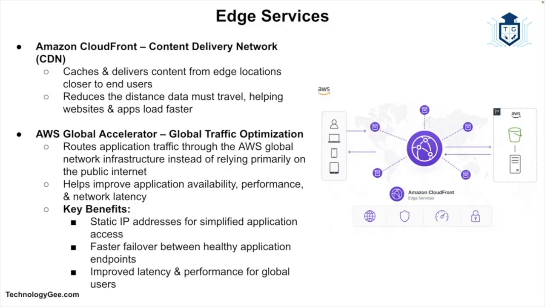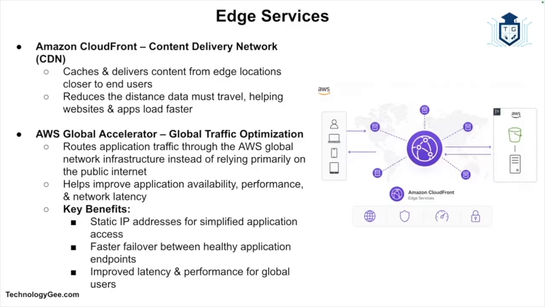All right, next, let's talk about edge services. So AWS doesn't just rely on centralized data centers. They use edge locations, which are small data centers spread across the globe to improve performance. And two key services here are as follows. The first is called Amazon CloudFront. CloudFront is a content delivery network, or a CDN, where it caches content closer to users so websites